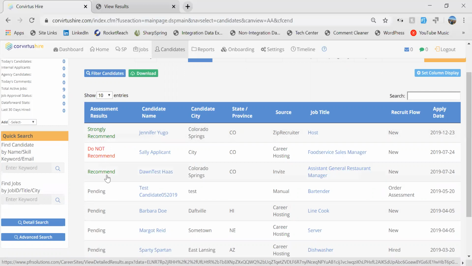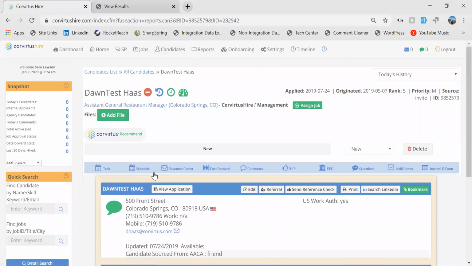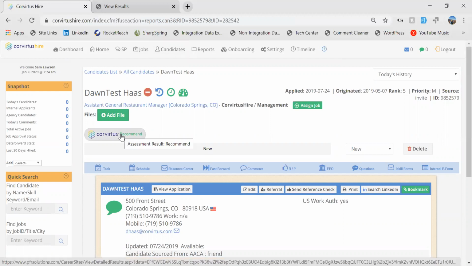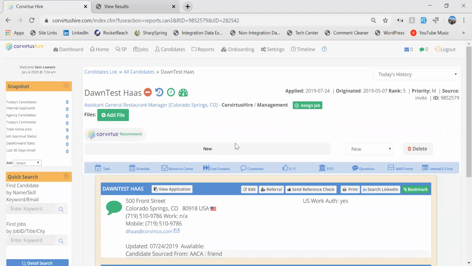When clicking into a candidate's profile, so I'll click into this candidate, you can view their assessment result. Because Corvirtus assessments are fully integrated into the ATS, once a candidate completes the assessment right here, the results are posted directly back into CorvirtusHire for easy access. Additionally, from the profile, you can schedule interviews, send out documents for signature, update EEO information, as well as rank